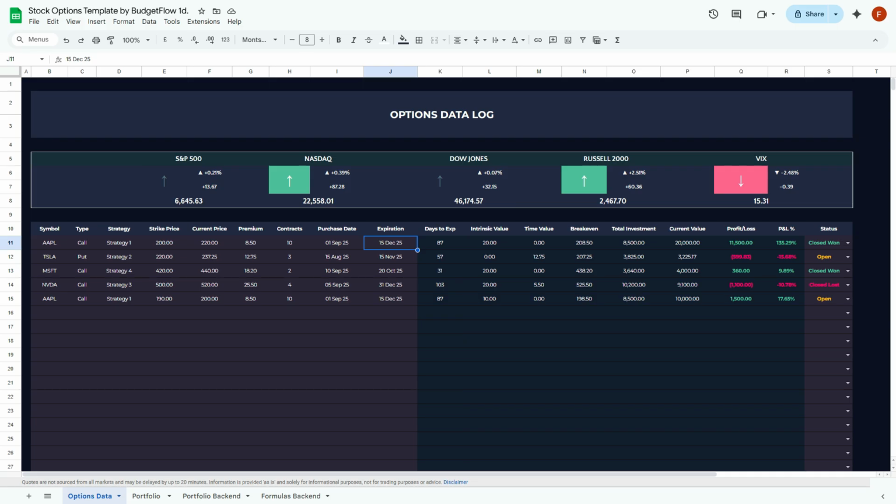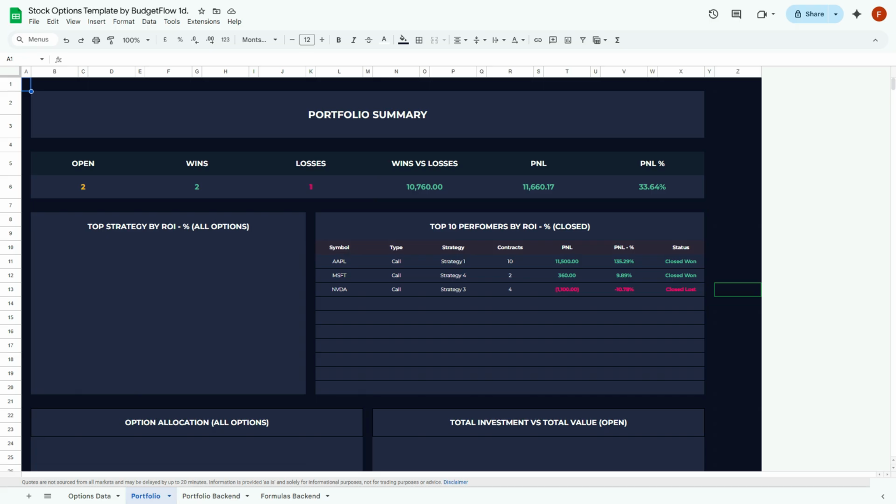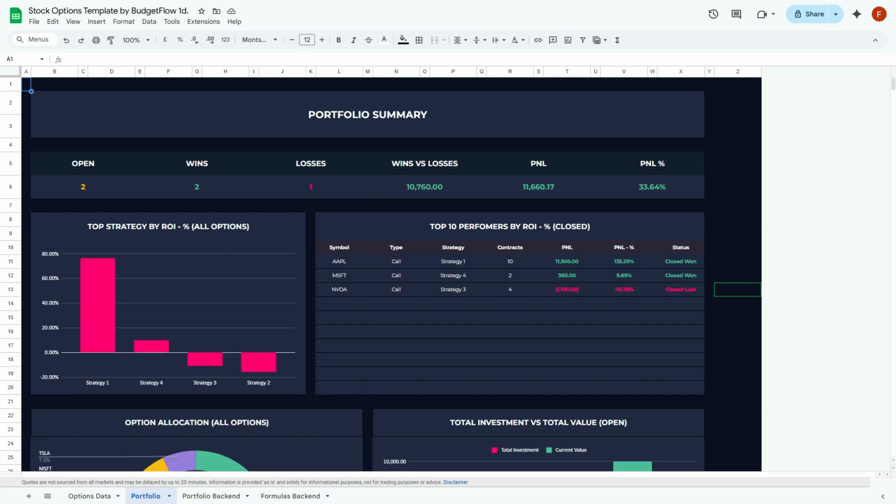That's it. The rest, days to expiration, intrinsic value, time value, are formulas, so I'm not going to dive into them right now, but I did quite a lot of retesting, across several versions, to make sure this operates as it should. And then once you've decided whether the status of your trade is closed won, closed lost, or open, this is important. The reason why it's important also for our portfolio is because what you will see right now